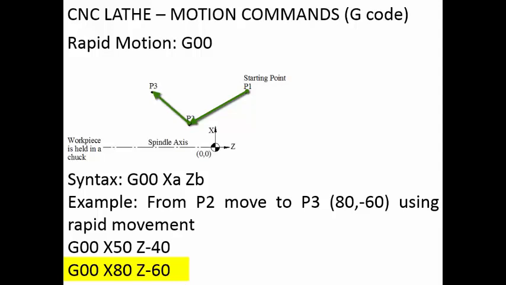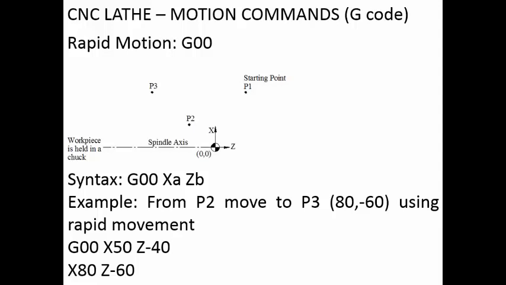But we have to remember that this G00 command, once it is executed, you need not keep on repeating it again and again. You need not write G00 again, you can simply say X80 Z minus 60, because it is already in the G00 mode, that is the rapid motion mode. So whatever the coordinates you are writing, the tool will be traveling to that particular point at the maximum speed that is possible, because G00 commands, once you have switched them on, will be in existence unless you are changing it to some other type of motion, say for example G01, G02, G03 or some other commands which are available.